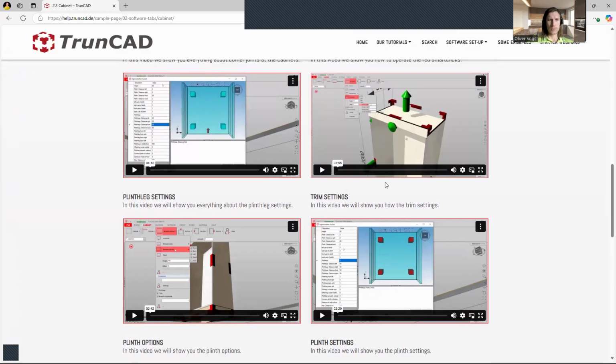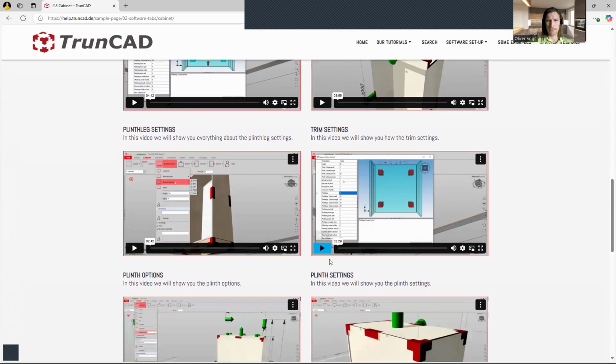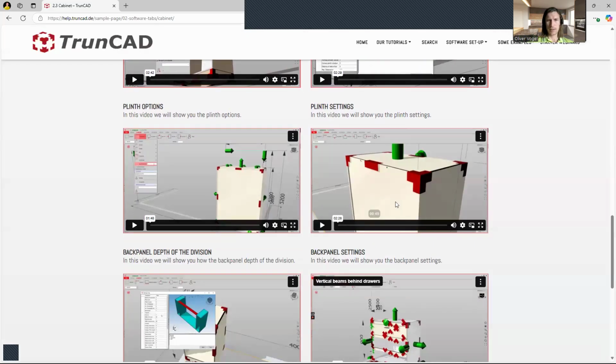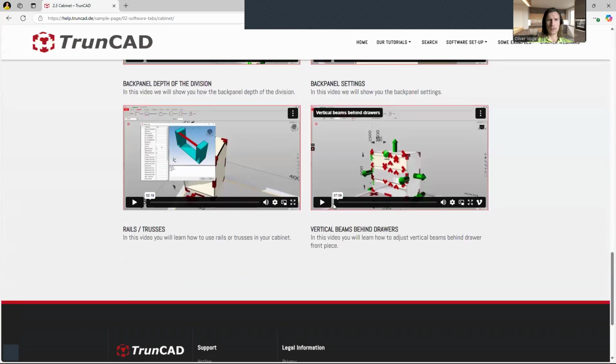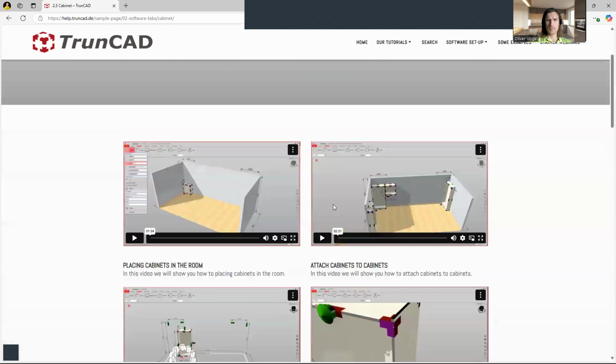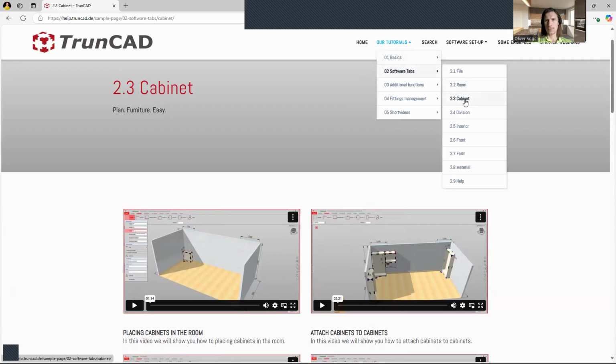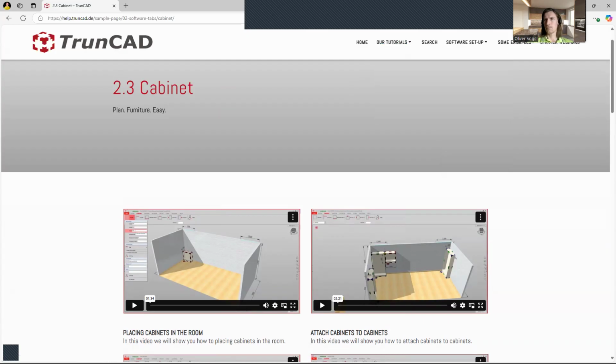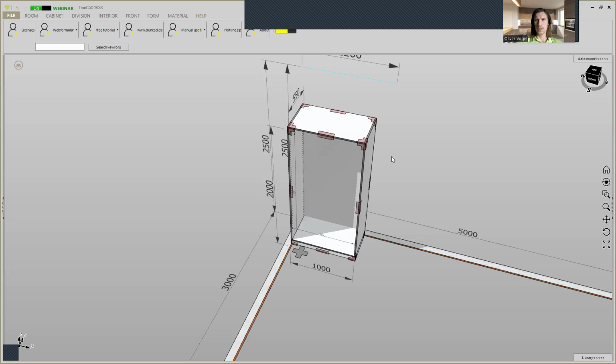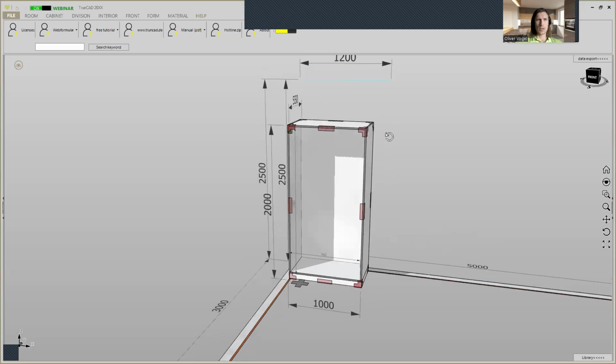We will go to this in the next step. Also plinth leg setting, legs setting, back panel setting. You find also the important tutorials in the software tab, later on division tab, interior tab, and so on. So I will minimize it